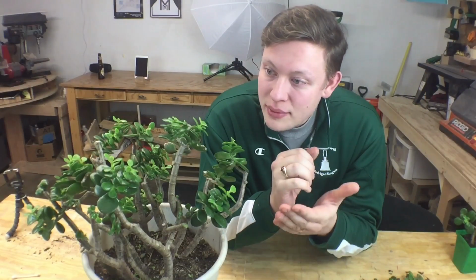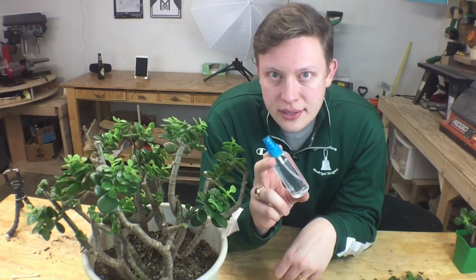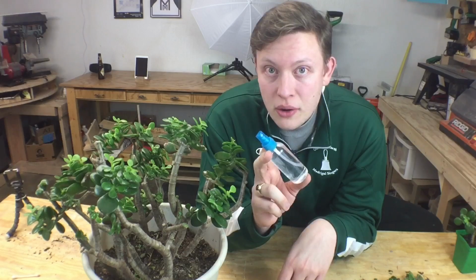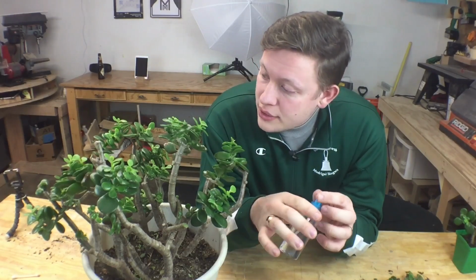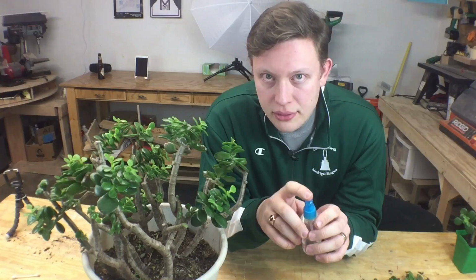Now that I've taken my Q-tip with rubbing alcohol to the plant to get rid of every creepy crawly mealybug that I can see with my eyes, I'm going to hopefully get the rest and their eggs with this 50-50 rubbing alcohol water solution. I'm going to do this liberally, spray it every 3 days for the next month, and